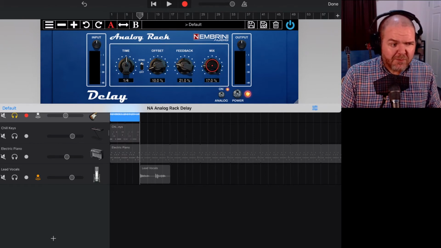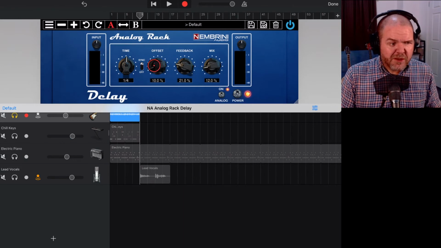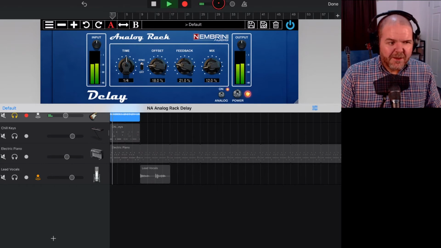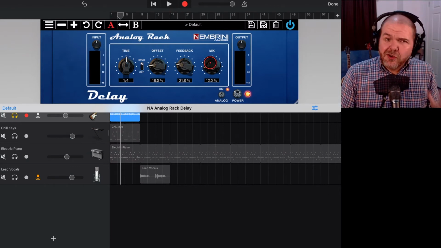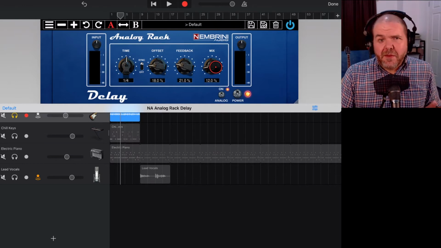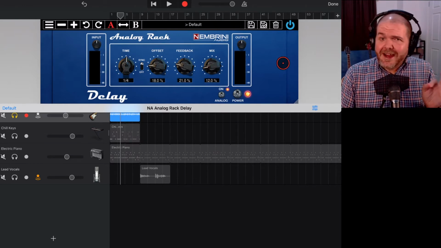If we brought it down more subtly, we had the mix at say 12% here, make it a little bit more stereo with the offset there, quarter note delay, and now if we hit play, oh, we're at the end of the guitar track. So you can hear there it's just creating that additional bit of ambience there. So used subtly, a delay plugin like this can be super cool on things like your guitars,